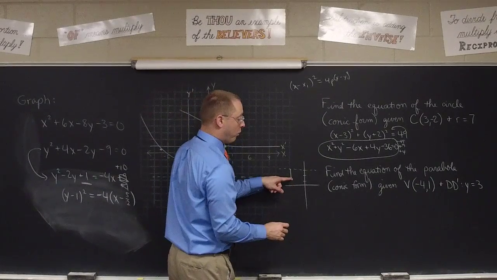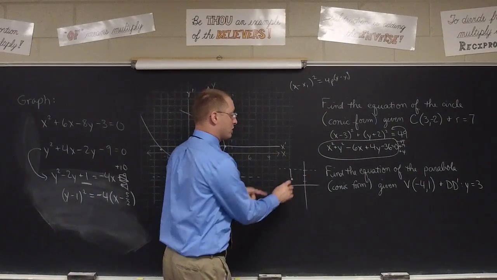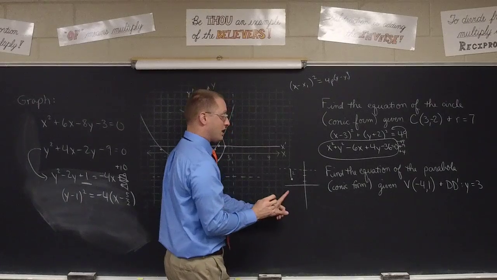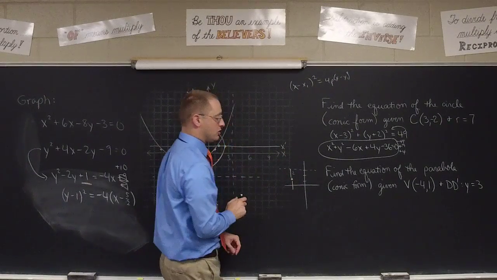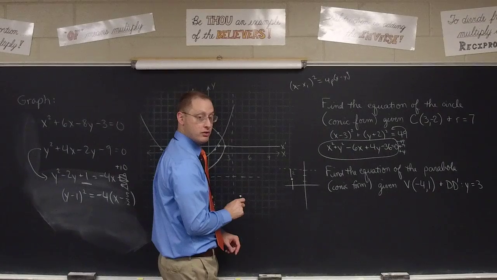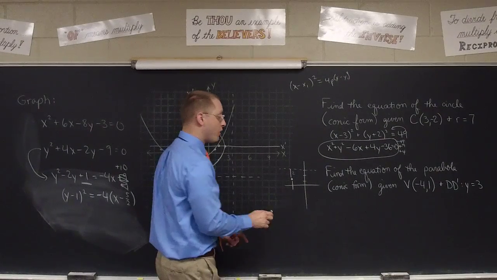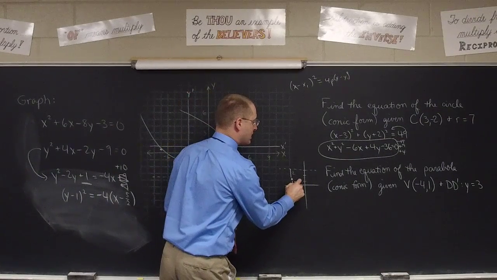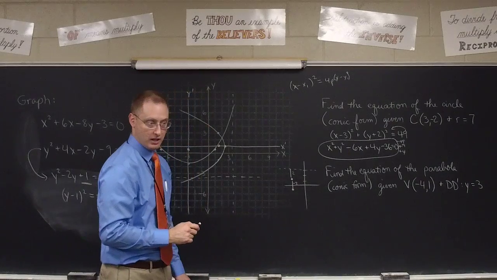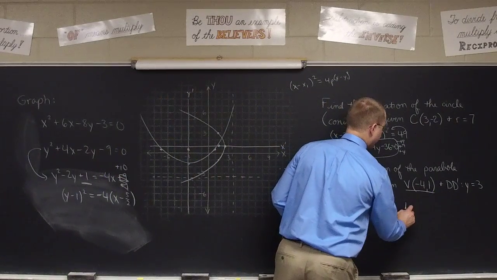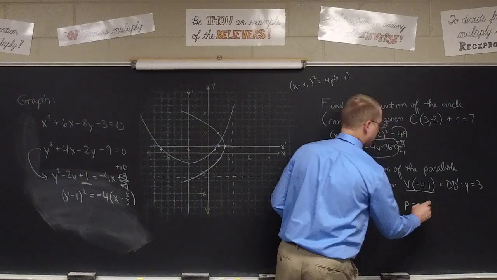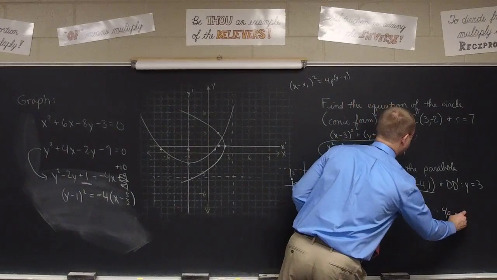It's at -4, 1, and y equals 3. So it's 2 units away, right? Going up. Which means if we went 2 units down, I would get to the focus. All right, so -2 is my focal length. Well, I now have the vertex, and the focal length is -2. Therefore, the 4p is